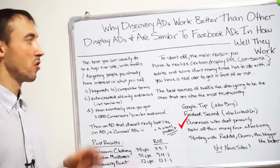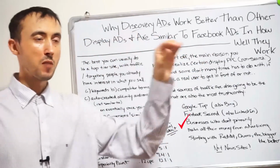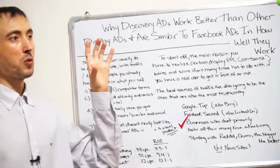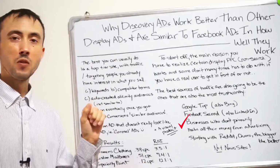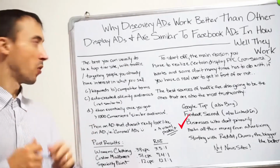So the ultimate, my point, is to go on a top tier site on which we can target people we know are already interested in what we sell. If you have to choose between totally untargeted and a site that's a little less trustworthy, I'm going with a little less trustworthy site, but obviously it would be good to have both. So you get my point. But